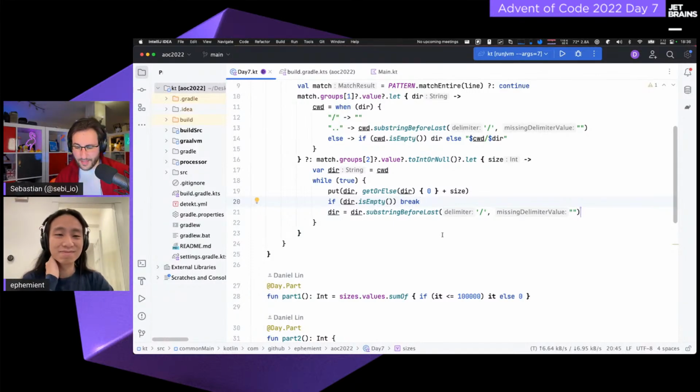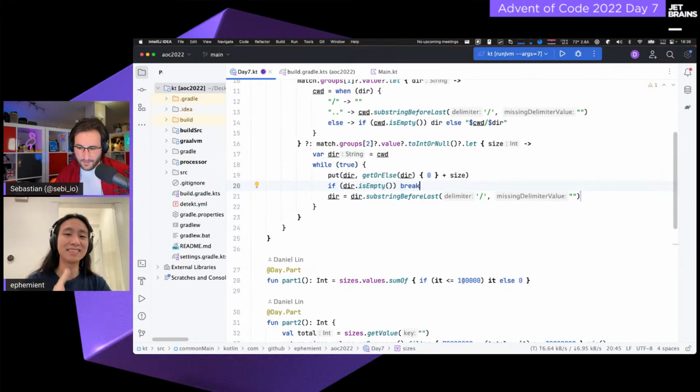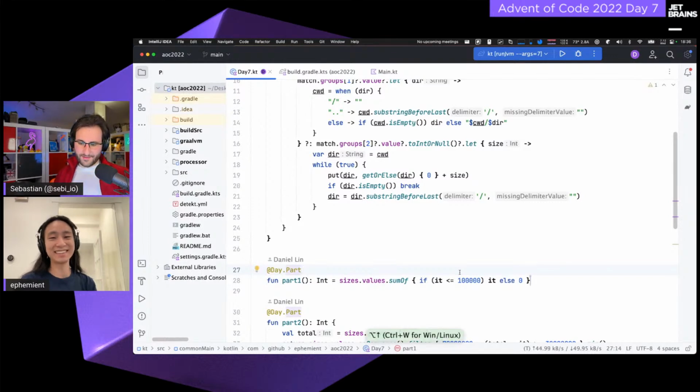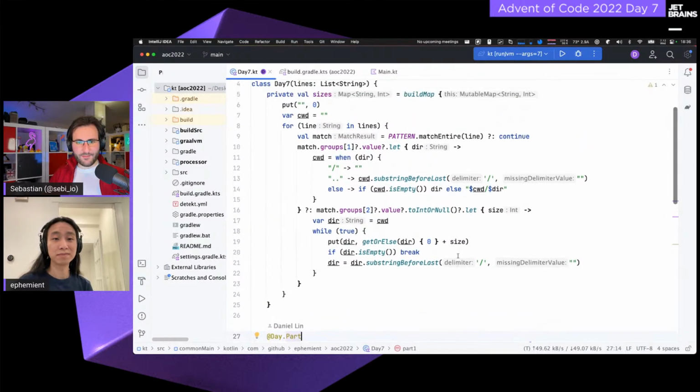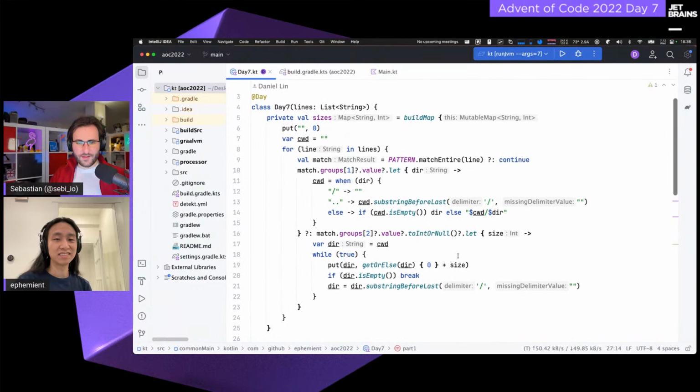Okay. And then you can pretty much, because we remember that we just want the sum of those directories that are smaller than 100,000, you pretty much write that out literally. Yeah, it reads very naturally here. Yeah, exactly. That's pretty much all there is. There's no magic to that. I have to say, I'm very impressed that I can fit this solution on the screen all at once at a hopefully even on-stream readable font.